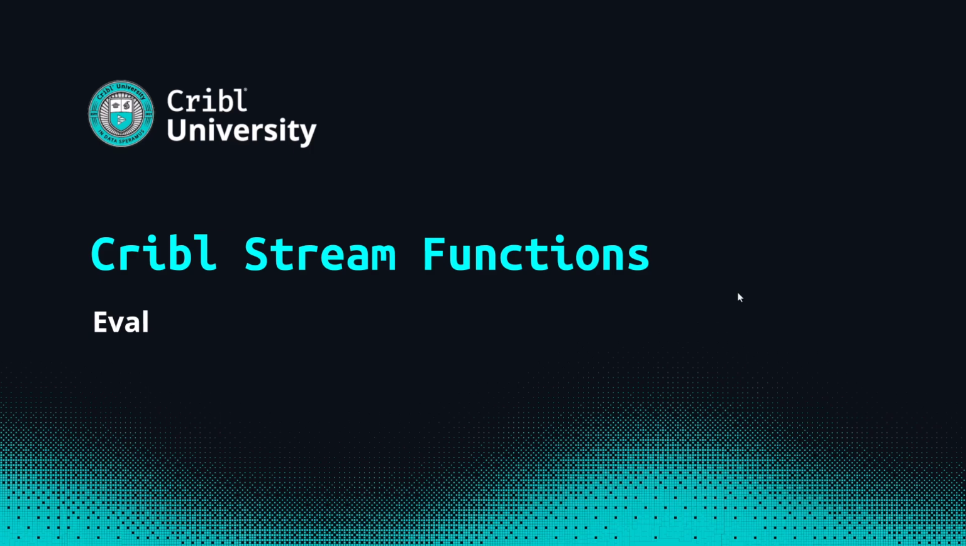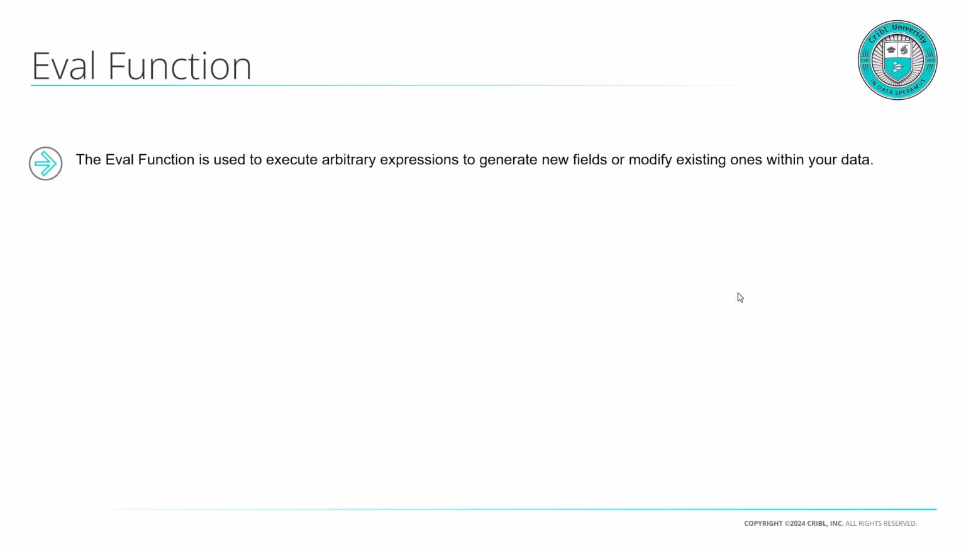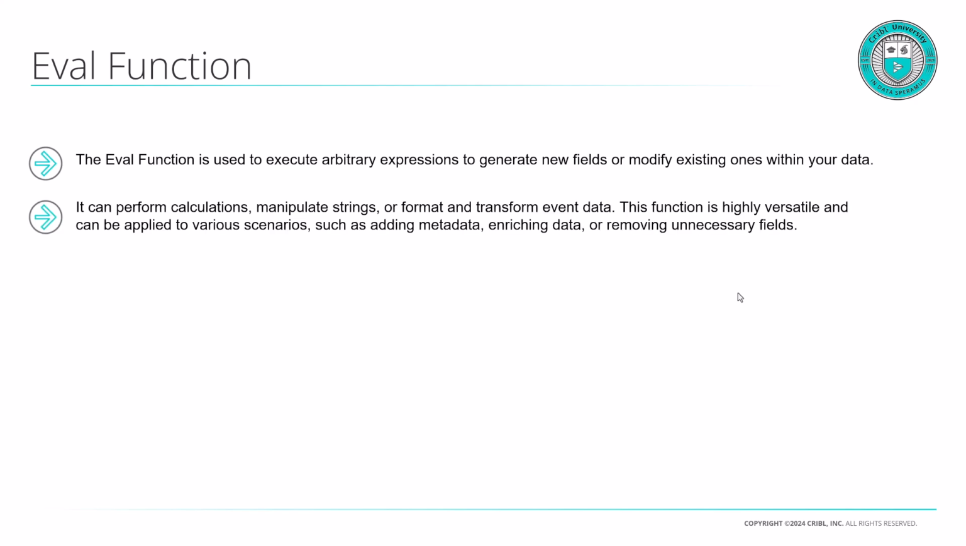Cribl Stream functions: Eval. Eval is actually a very simple function, but it's also very, very powerful. It's used to execute arbitrary expressions to generate new fields or to modify existing ones of your data. So it can perform calculations, manipulate strings, or format and transform event data. And this function is highly versatile and can be applied to various scenarios like adding metadata, enriching data, or removing